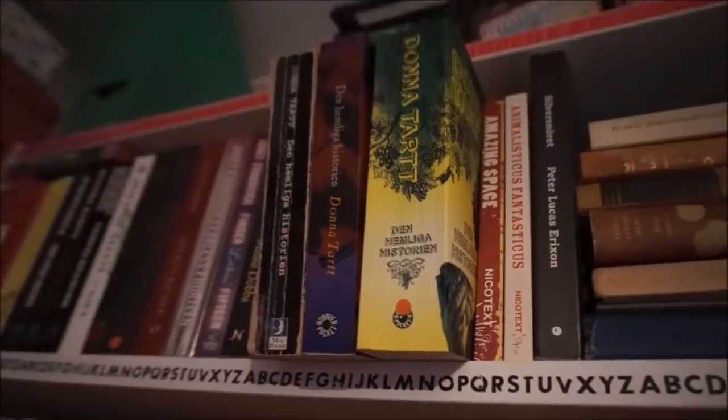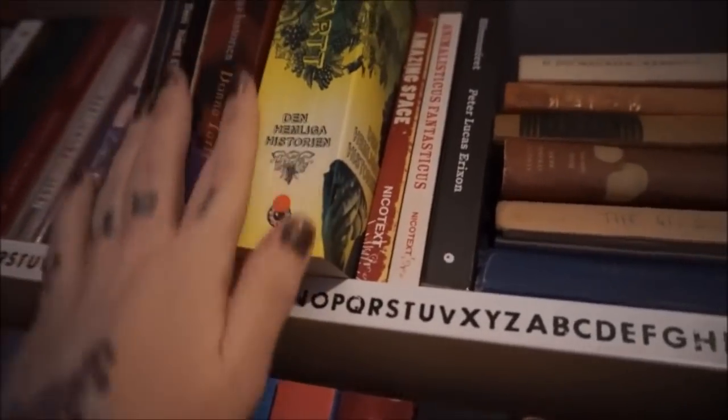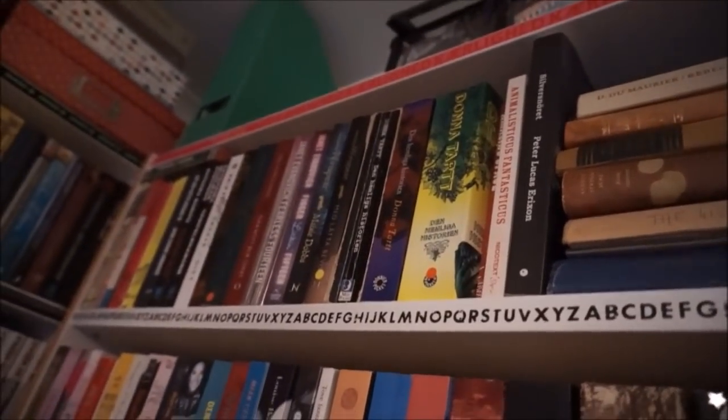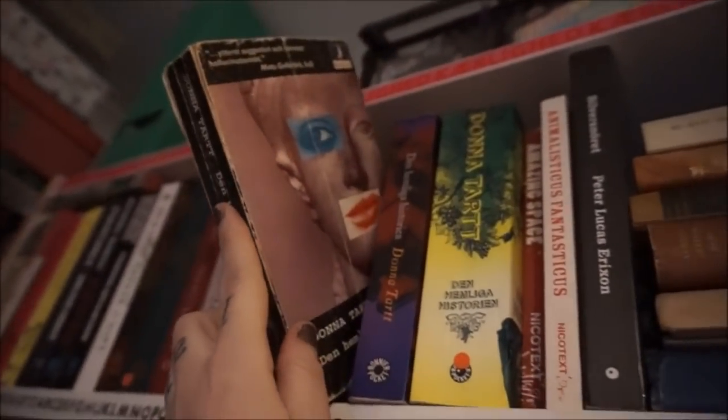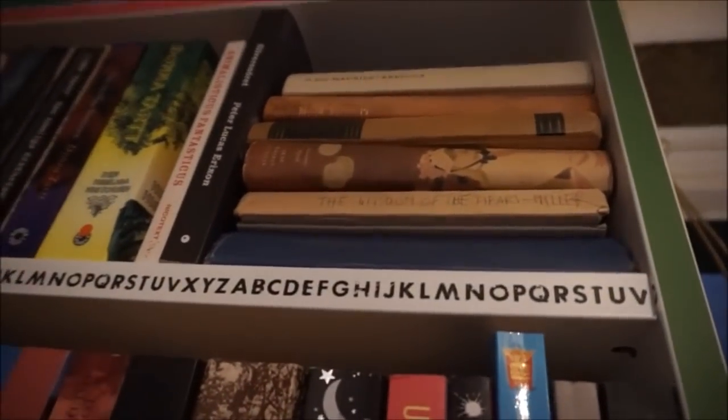They are Donna Tartt, The Secret History. I have 3 editions of it because I can't imagine someday not having it on my shelf. This is my oldest one, I've had it since the mid-90s. I've read it, so it's well read. Some vintage books,